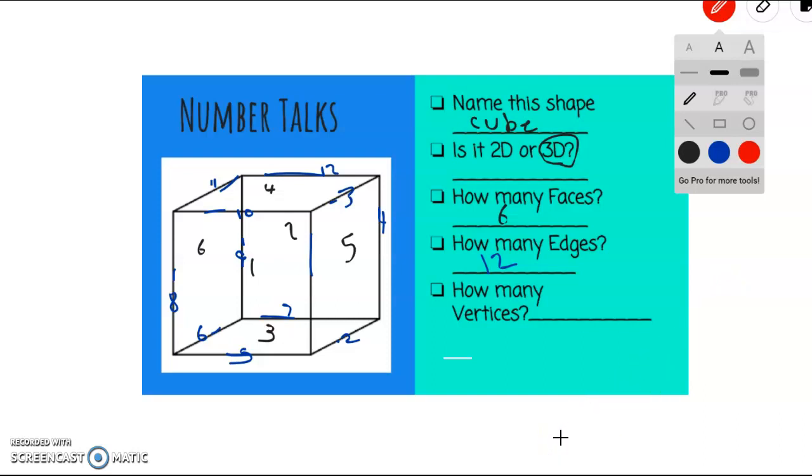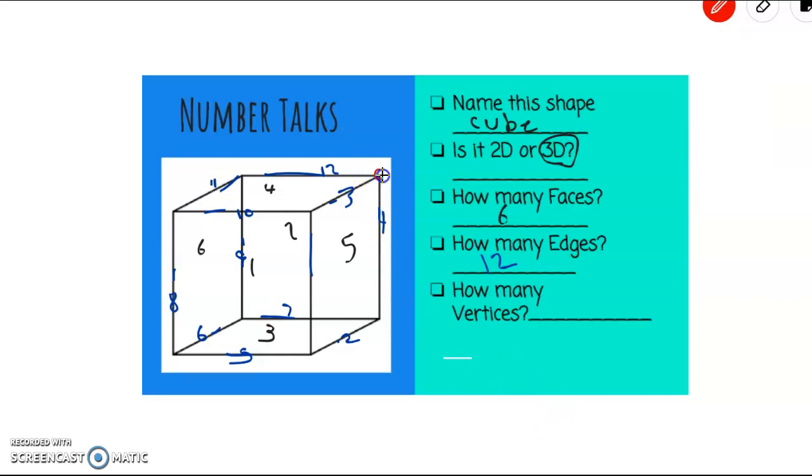So let's go ahead and count our corners. Start over here. 1, 2, 3, 4, 5, 6, 7,